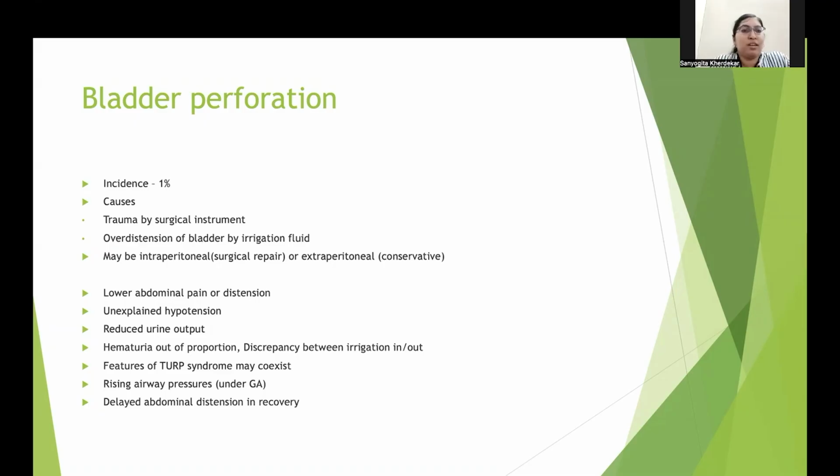The manifestation, it will appear as lower abdominal pain or distension, unexplained hypotension, reduced urine output, hematuria out of proportion. There will be a discrepancy between the irrigation fluid that is going in and coming out. And the features of TURP syndrome may coexist. Then there is rising airway pressures under GA, and delayed abdominal distension in recovery may also point to bladder